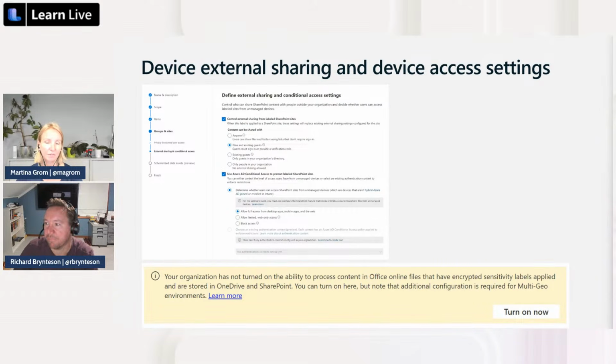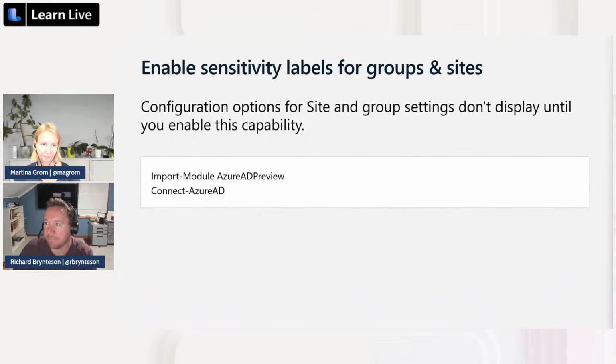That means if the user doesn't meet those conditions, or if they use apps that don't support that kind of authentication, they won't get access to the files. Also think about that. It's a good combination: combine conditional access policies and also do the data classification on the other side, to really have a secure configuration within your Microsoft team.